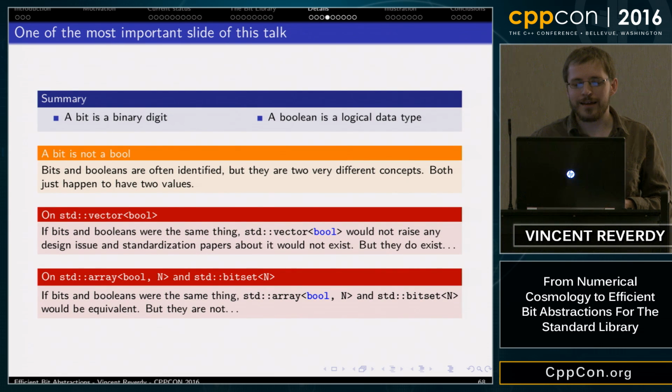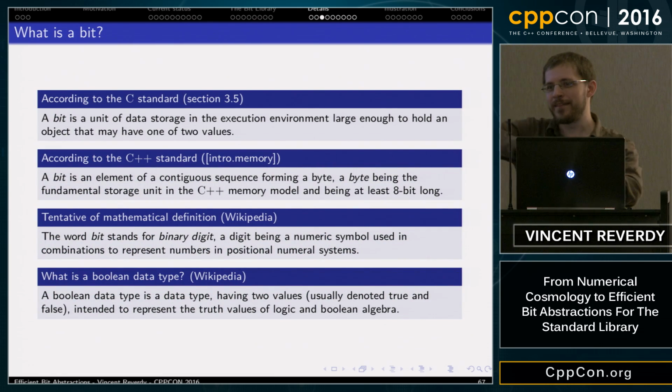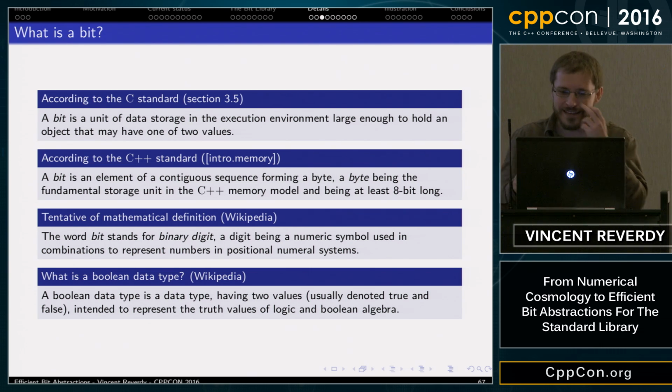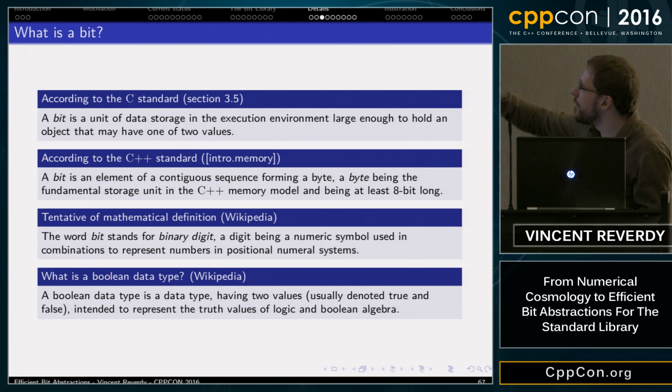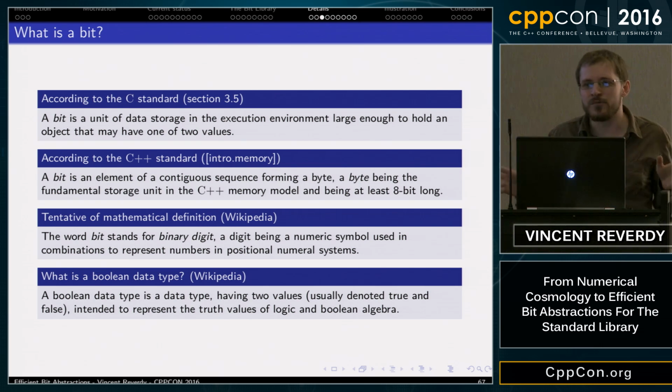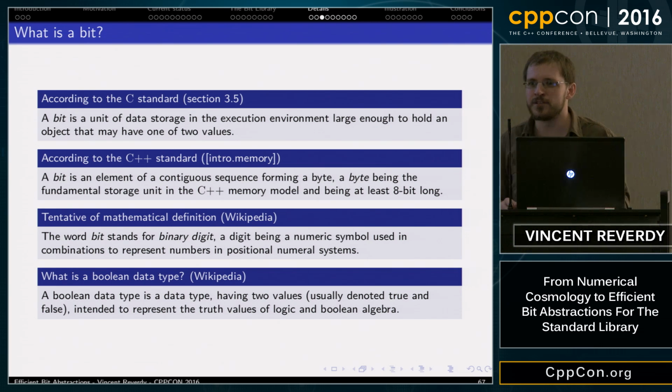So we came to the committee with two different propositions. One with an arithmetic behavior and the other one without. And we asked the committee which they liked more. The thing in the mathematical definition is that it's a numeric symbol. It's not an actual number. And to avoid any kind of problem we already have with arithmetic on bool, they decided they prefer to restrict the arithmetic behavior so we don't have any kind of weird conversion happening.